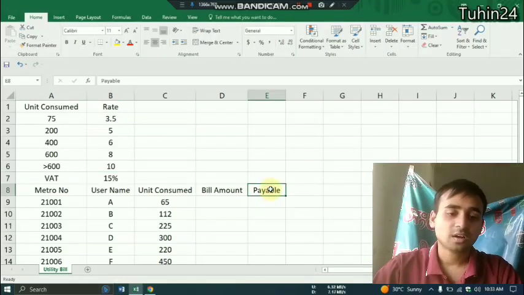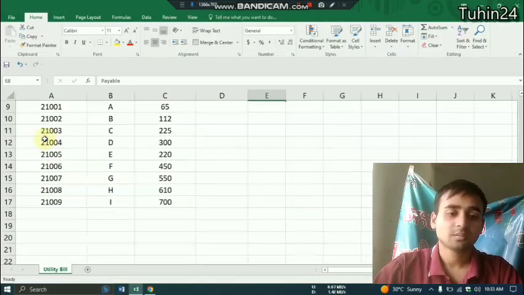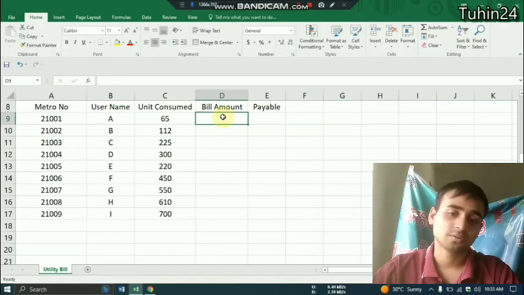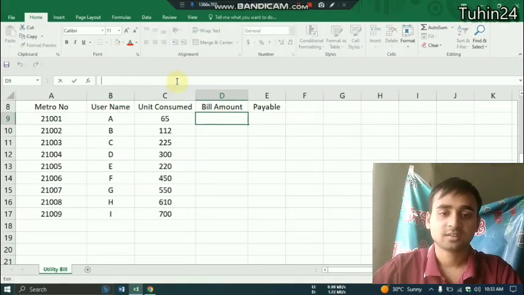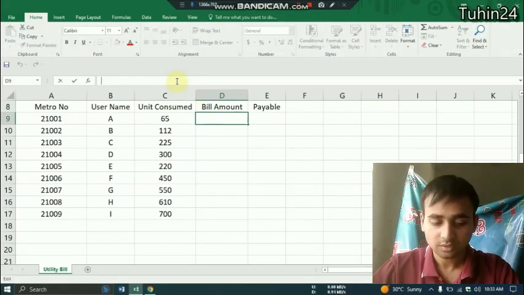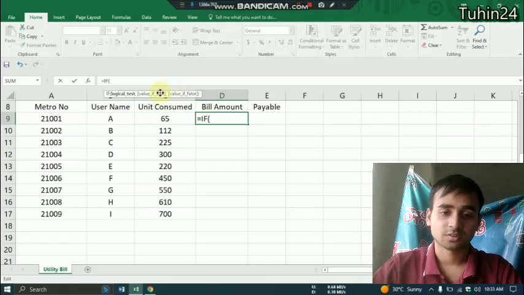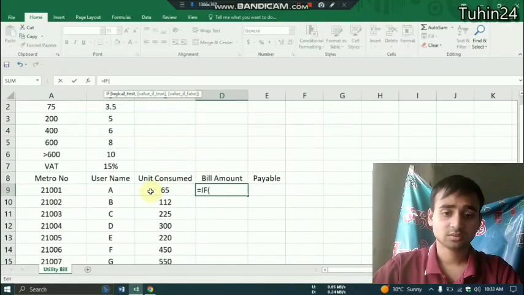Okay, so now we can see the meter number, username and units consumed, and now we will find the bill amount. So let's start. We will use the IF function. So equal IF section. So here, if the unit consumed